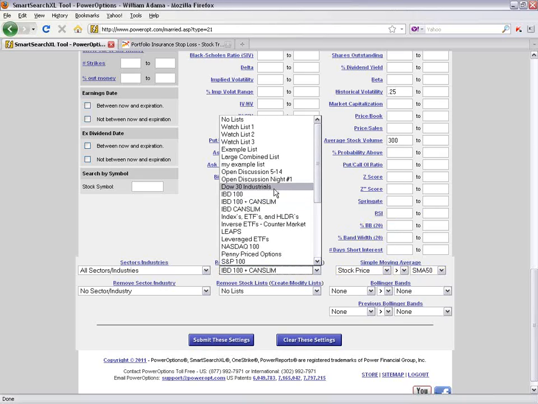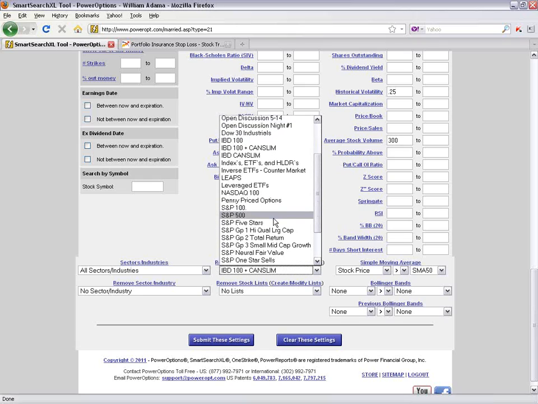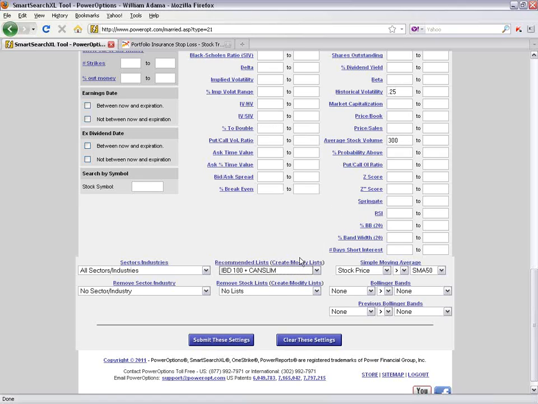The volatility on those is kind of low, so it might not be an opportunity to apply a lot of income methods if the stock is moving more slowly. But as I scroll down further, I could select perhaps the S&P 500 stocks, or I could select the S&P 5-star stocks. You can also click on the link here for create and modify lists to create your own personal